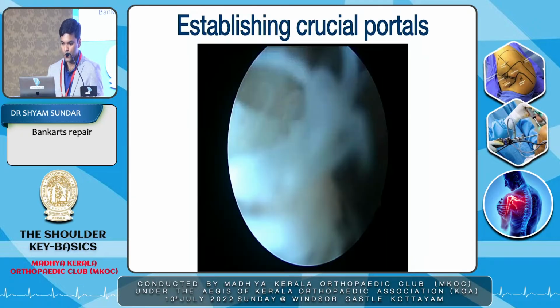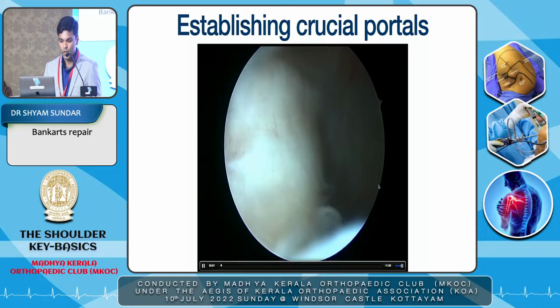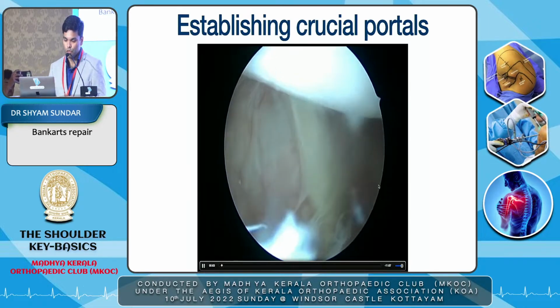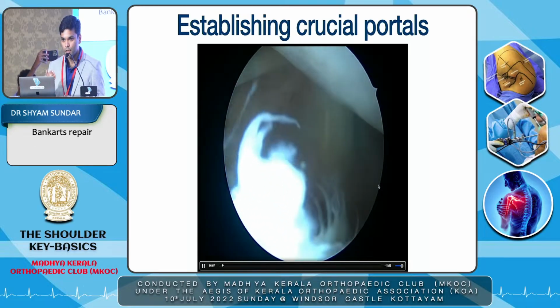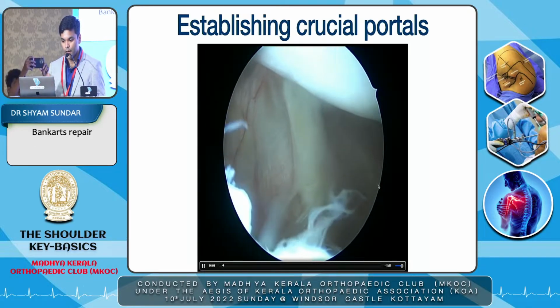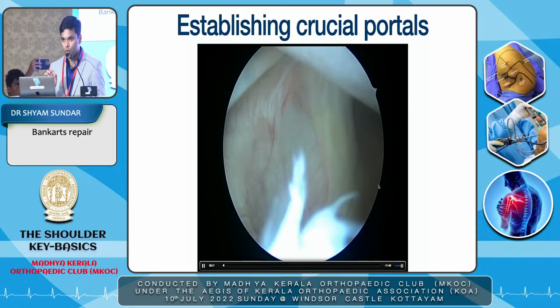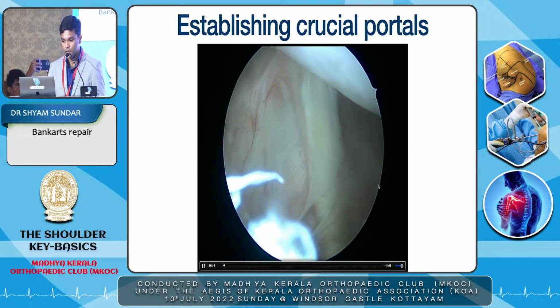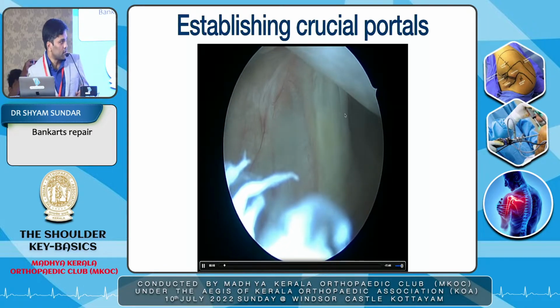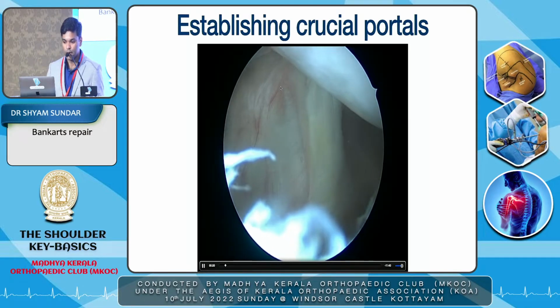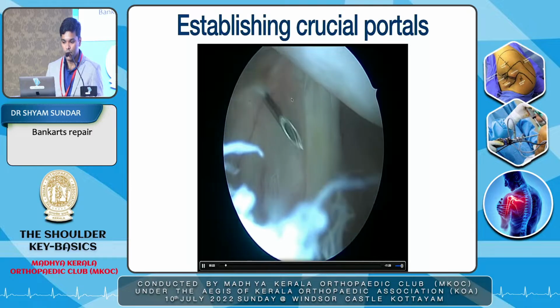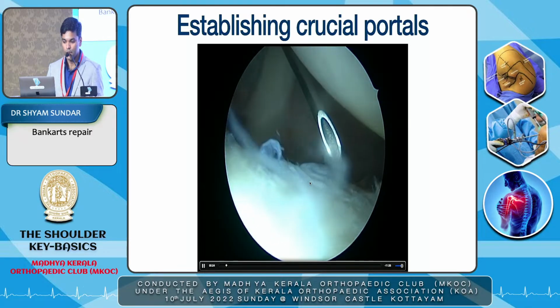Now, the next most important thing is establishing the portals. While I'm viewing through the posterior portal, the anterior portal has to be established slightly lateral to the coracoid, and intra-articularly it should be as close as possible to the subscapularis. You can see the subscapularis over here, all right? And my needle should come in this area, exactly over here,